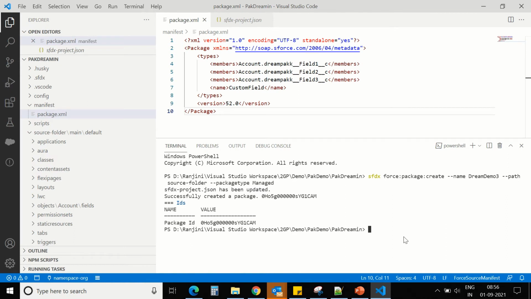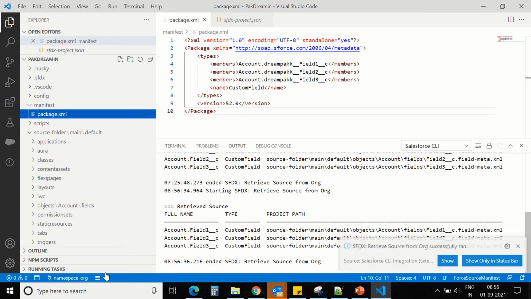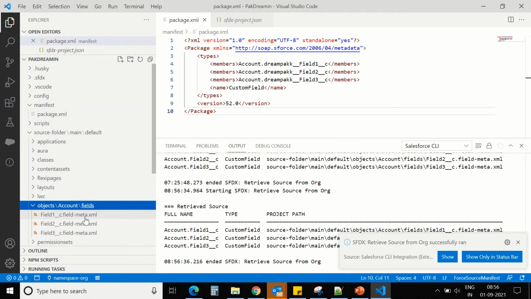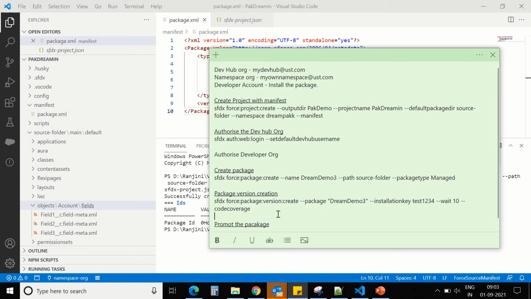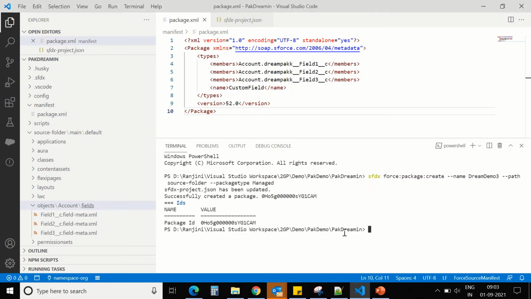The next step is to retrieve the components that we are planning to include in the package. So I am using this command to retrieve the components. We can see the components got retrieved successfully. Next, let's create the first package version. So this is the package version command.